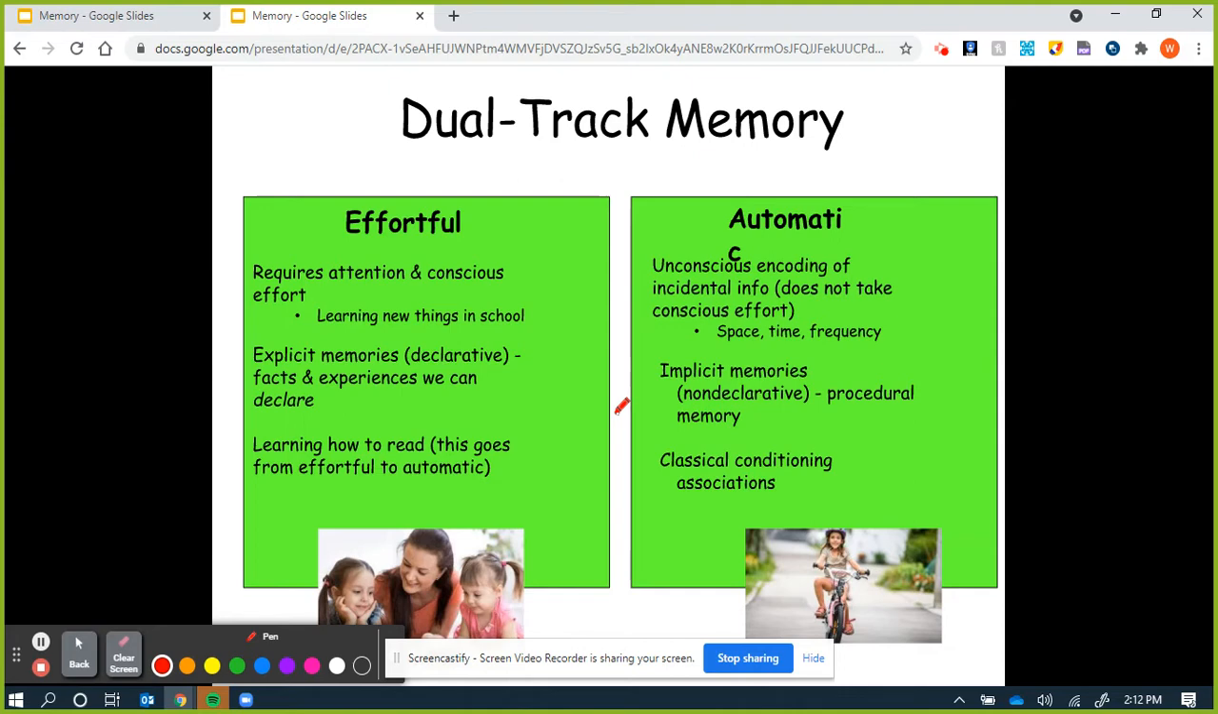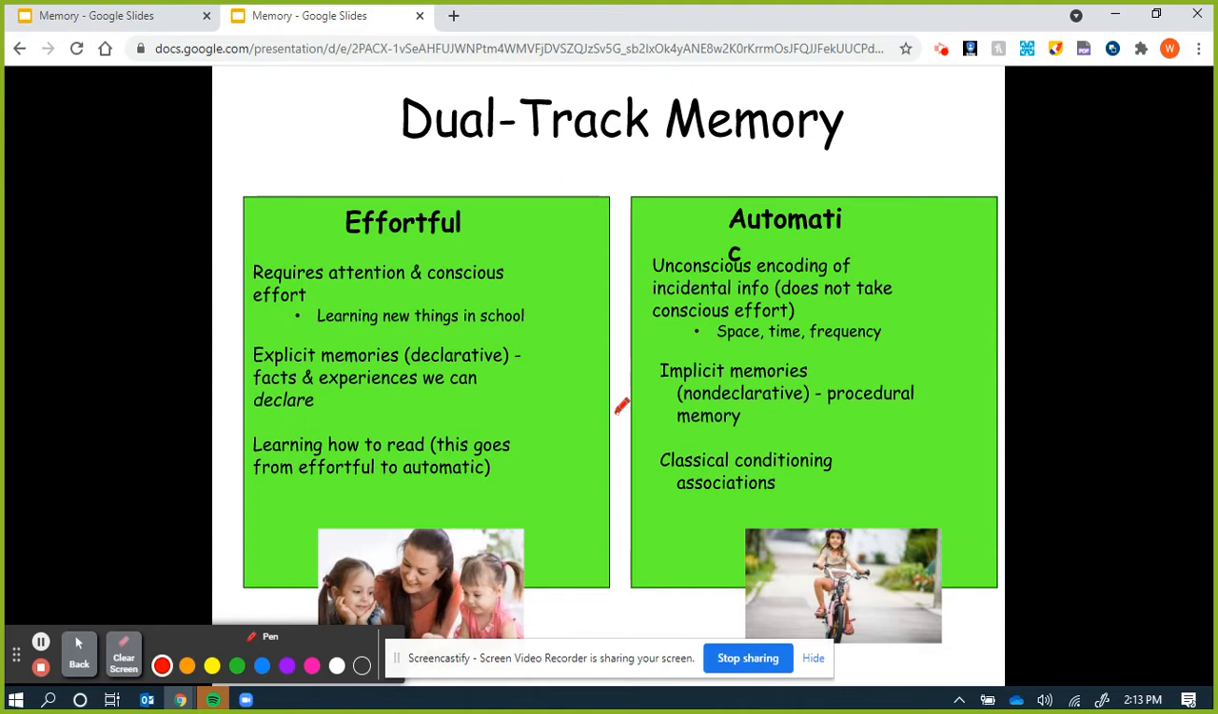So for instance, when you are first trying to learn how to read, it takes effort. Right? But eventually, that thing that took effort becomes automatic. Okay? Automatic processing is just our unconscious processing of everyday life events. Okay? It doesn't take any conscious effort. We automatically process and commit to memory